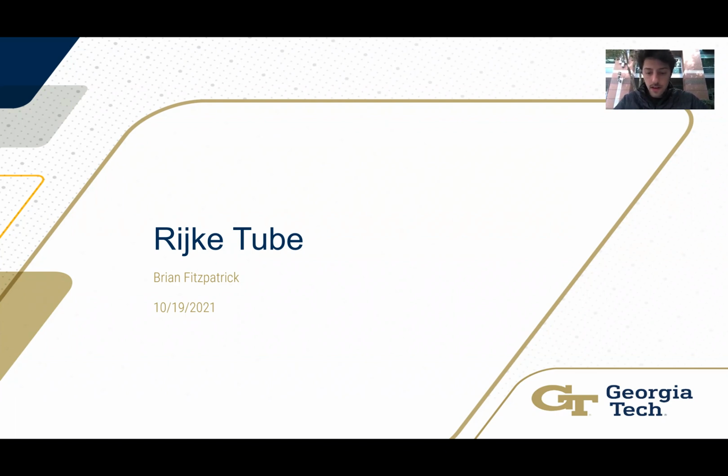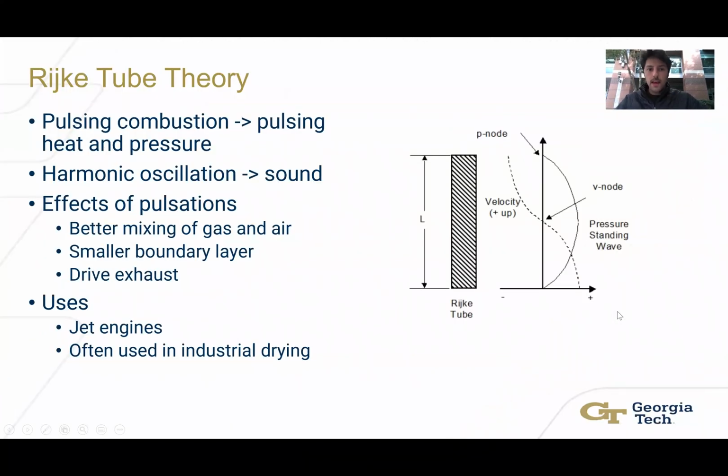I'm a student here at Georgia Tech, and this is an experiment of a Rijke tube. In general, a Rijke tube is a pulsating heat source located inside a tube. This heat source can heat up the air around it and create little bubbles or pockets of hot gas rising through the tube. These pockets can then transfer waves to the walls,